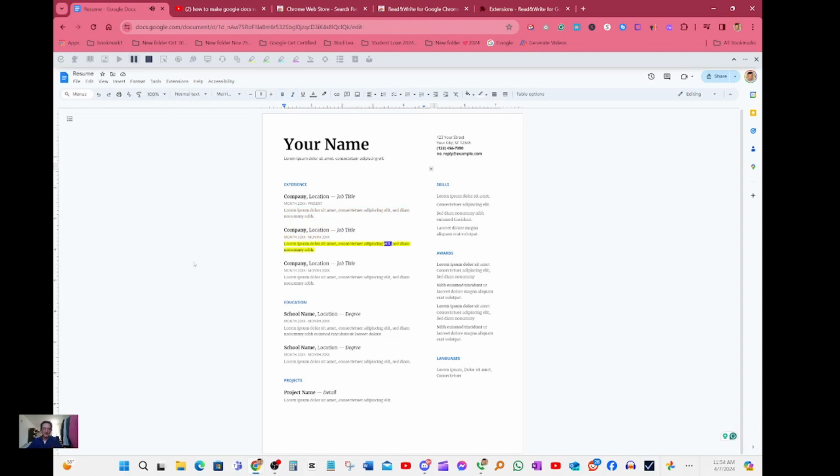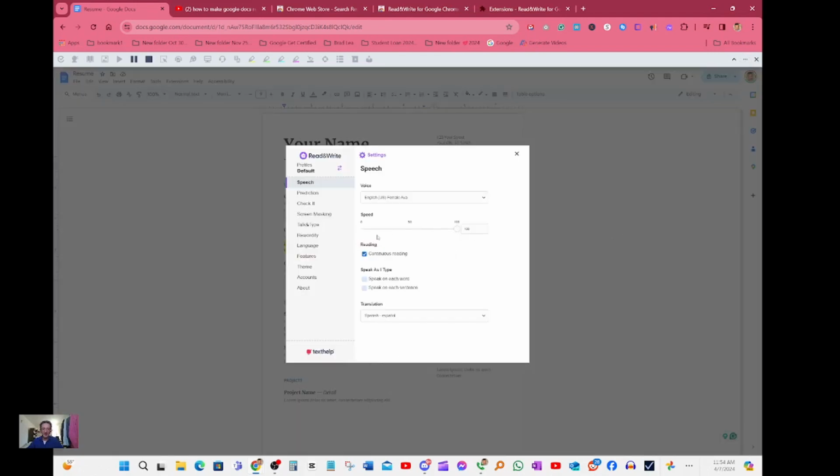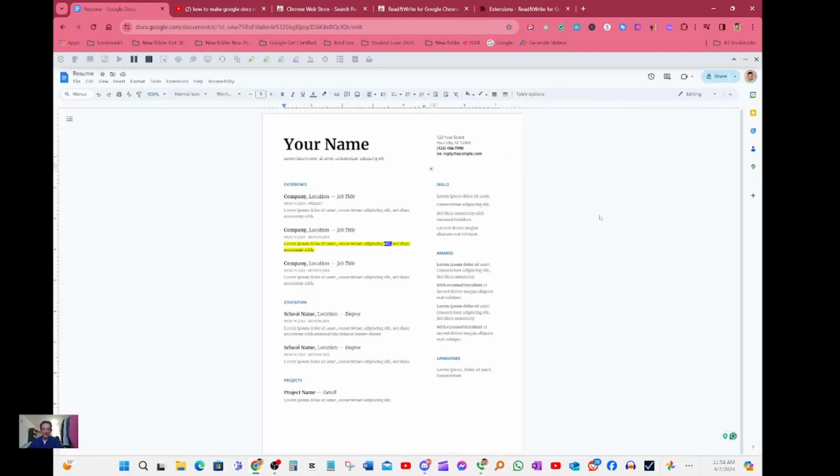So basically that brings it up to, I don't know how many X that is. You can adjust your speed over here to however you want it. Hit settings. Come down here and set it up to however you want. 75%. 100%. I usually have it at 100% because I'm very limited on time, and usually when I'm driving or stuff like that, or I'm working out, I like to put on these books and just have them read to me,